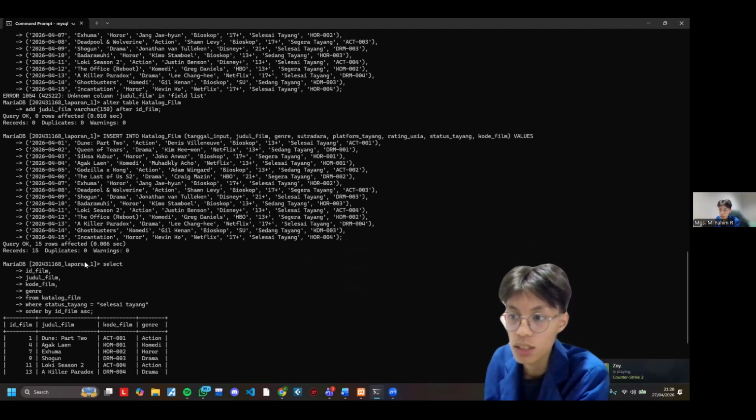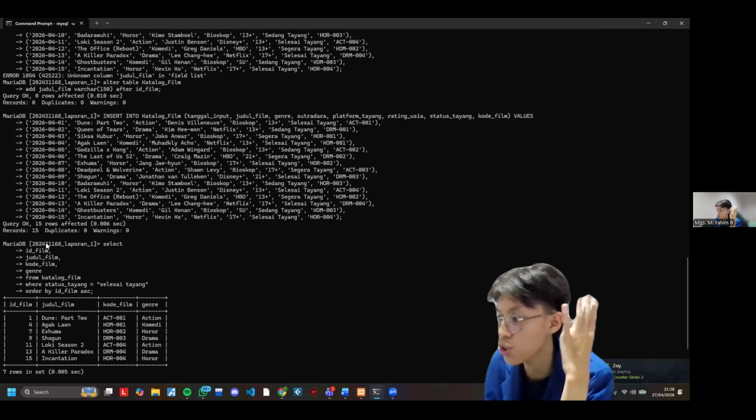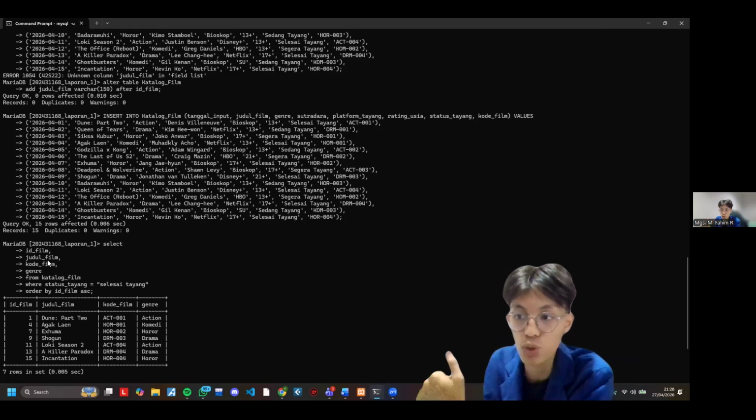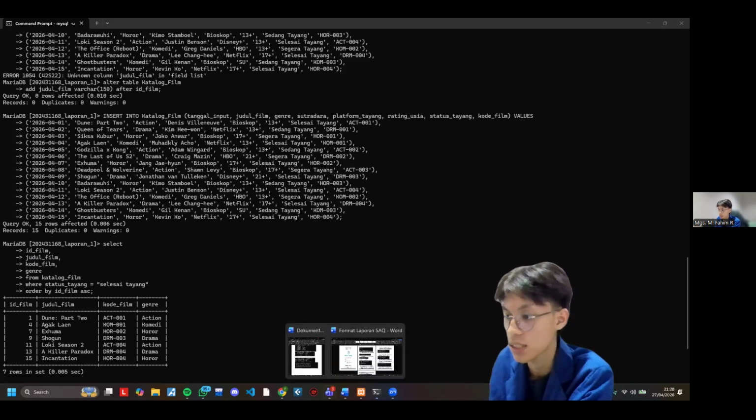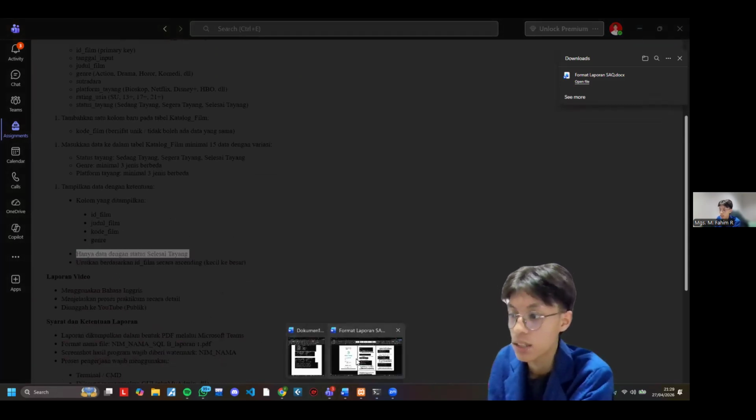So select. There are four columns that we need to show in the query: ID film, judul film, kode film, and genre. But where do we get it from? We get it from catalog film, where the status tayang is selesai tayang, because the question says only data with the status selesai tayang.